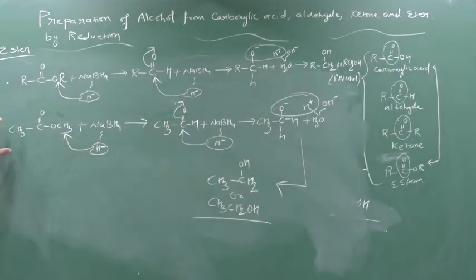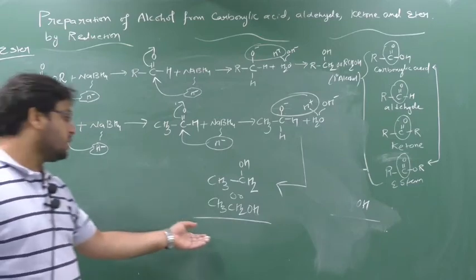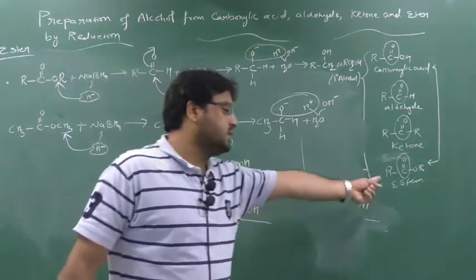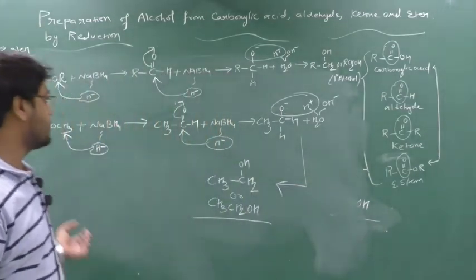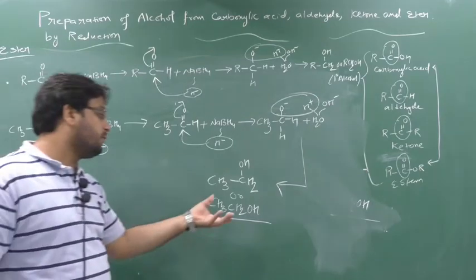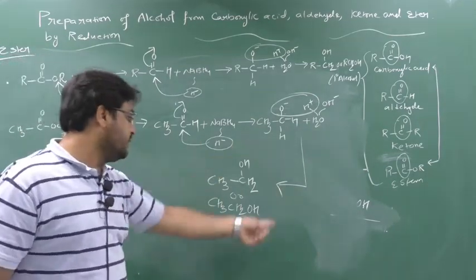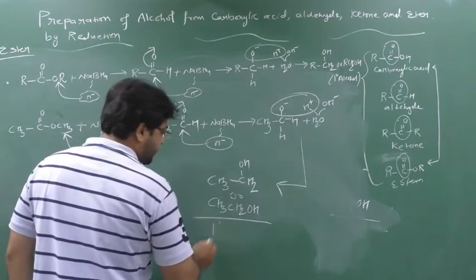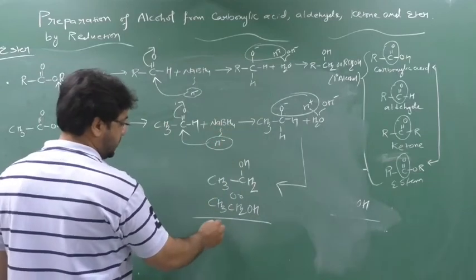Clear? Now how many carbon of ester did we put? 1, 2, 3 carbon of ester we have put. How many carbon of alcohol did we get? 2 carbon. So there will be a decrease of carbon for ester. This is also a very important MCQ. I am putting the reactant of 3 carbon, but I am getting the product of 2 carbon. Means here carbon will get reduced. Please remember this MCQ. And you are getting which kind of alcohol? Here also you are getting 1 degree alcohol only, that is ethanol.